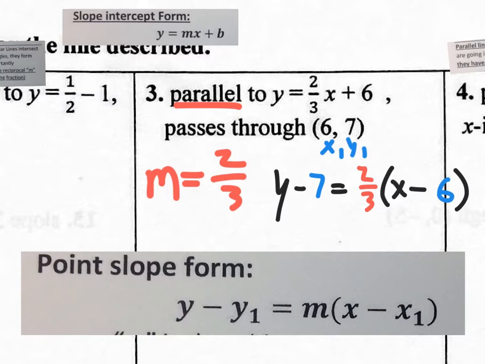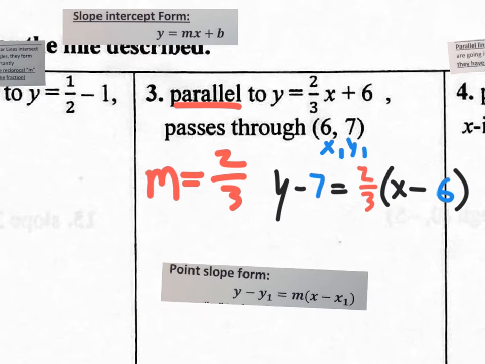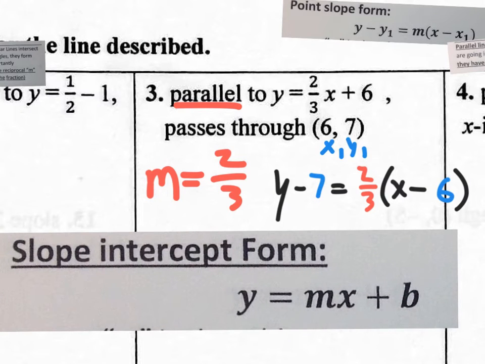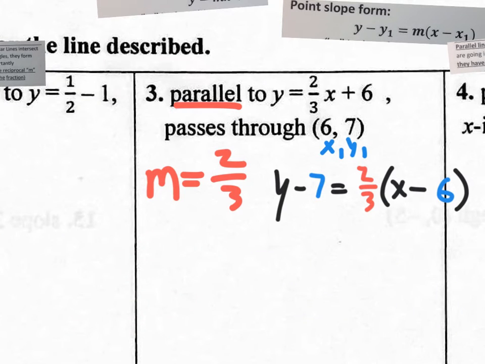But because the instructions above say write it in slope-intercept form, we actually need to modify what we have right there to look like this, y equals mx plus b. So obviously, you don't want these parentheses. You don't want the minus 7. You want y by itself. So let's start moving things around and getting the y by itself. So you could get rid of the fraction 2/3 by multiplying everything by 3, but then you'd still have to distribute the 2. So what I would prefer to do is to actually deal with the 2/3 and distribute it